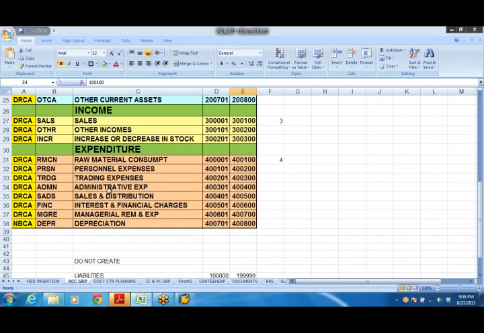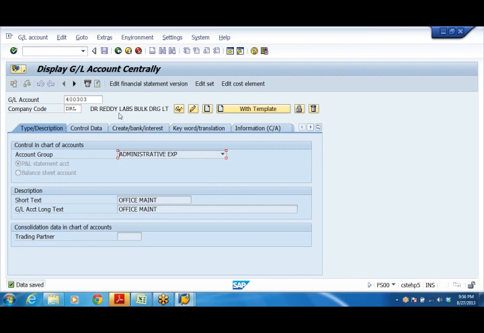Similarly, expenses. Now I have created administrative expenses. I told the system that my administrative expenses group GL accounts will be numbered from 400301 to 400400. So first number 301, 302, 303, 304, like that all the GL accounts.